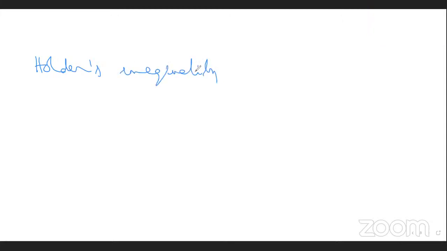Okay. Now, let me talk about this one, the Hölder's inequality. It says the following: